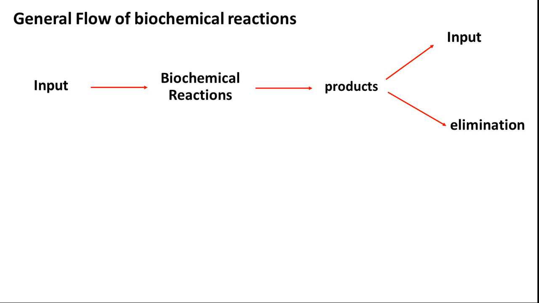Like you took a wood, okay, and then you burned it. The heat generated over there is used for some application, like cooking food or boiling water, etc. Ultimately, what is remaining over there is the input, that wood, that whatever we gave became coal. Okay, so this coal will be used by somebody for making some other product, or otherwise it is thrown outside. So this is the way how biochemical reactions happen.